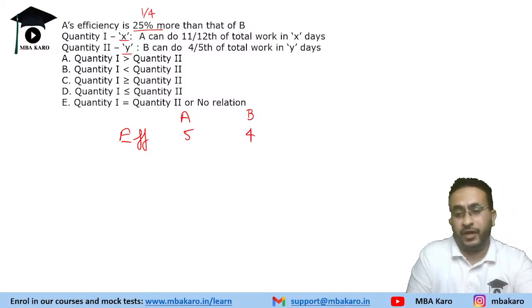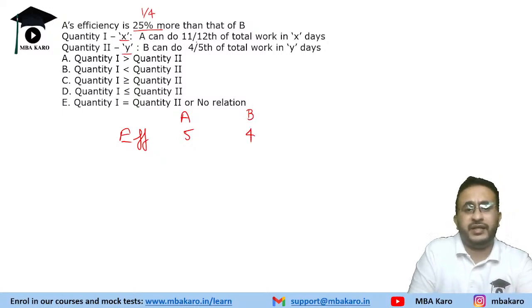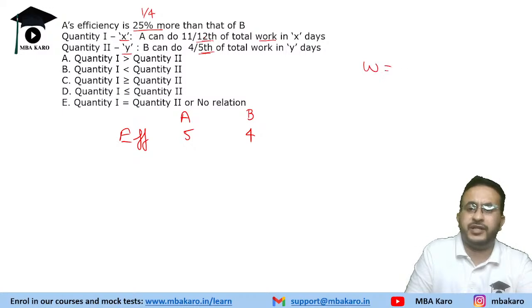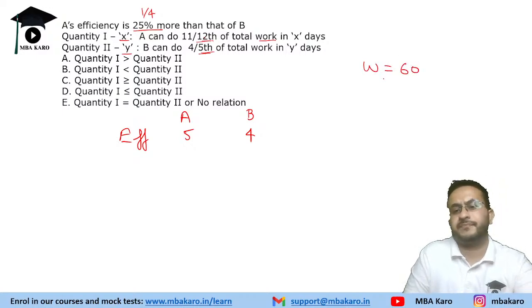राइट? Now it is given that A can do 11 by 12th of the work in X days. ठीक है? So 11 by 12th है. So let us take work as a multiple of 12. ठीक है? और A की एफिशिएंसी कितनी है? 5 है. यहाँ पे भी 5, यहाँ पे 5 का वर्क मल्टीपल ले लेते हैं. ठीक है? So we will take work is equal to 60 units. ठीक है? Now